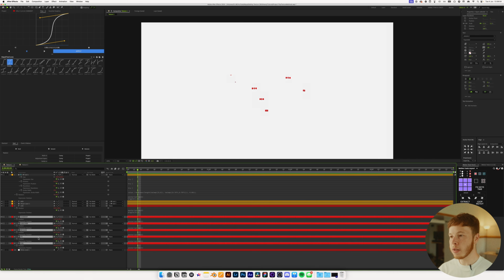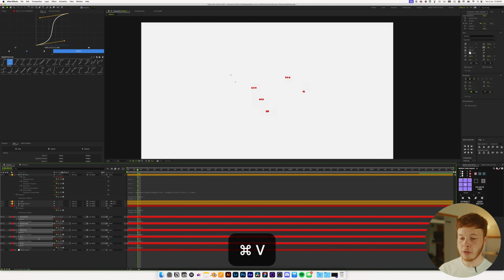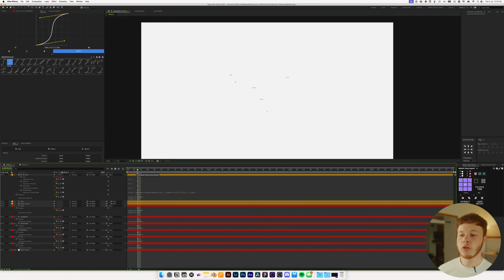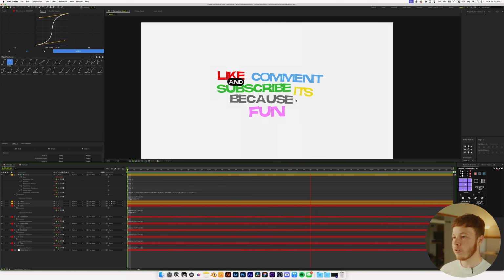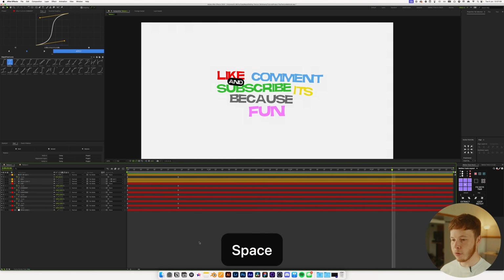And this time, since we copied it from the position parameter, if we just paste it onto the layers, it'll automatically go to the position one. If we would have done that with the rotation, it would have gone to the rotation instead. So now we just have this nice little bit of animation here, and that is pretty much it for this